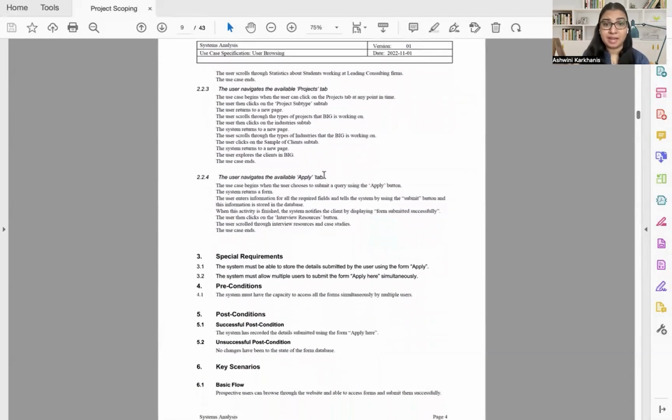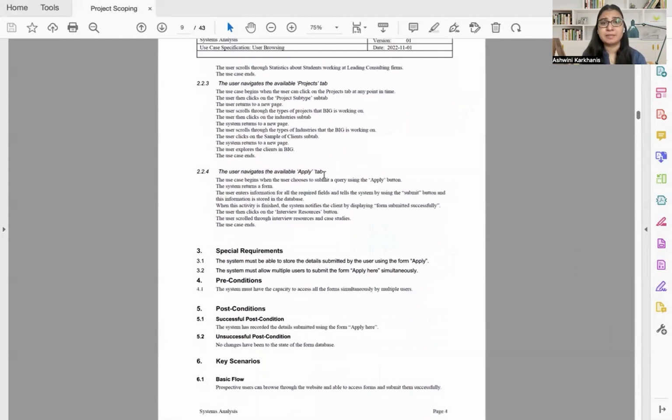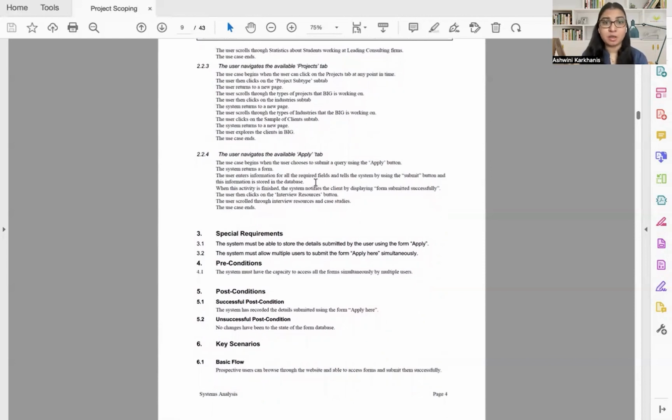The last one is the apply tab. This tab contains the forms for applying for BIG, as well as the forms available for the clients to give projects to BIG. This use case starts when the user decides to click on the apply button. Once the apply button is clicked, a form will appear and the user has to fill out all the fields present inside the form. Once that is completed, he or she can submit it. This tab also has information about the interview resources. Once the user applies for BIG, there will be a process after which the user will be hired. So the user can explore all the interview resources that are available as well,